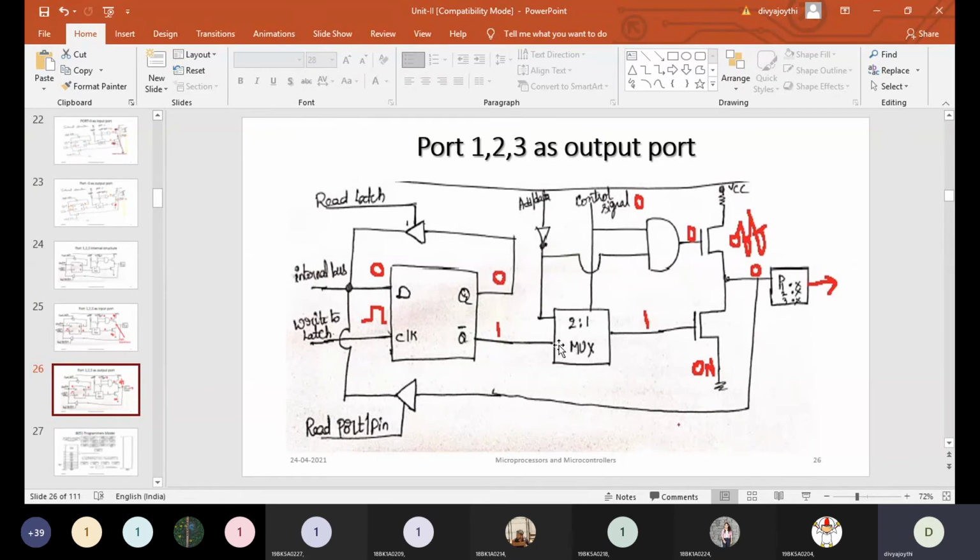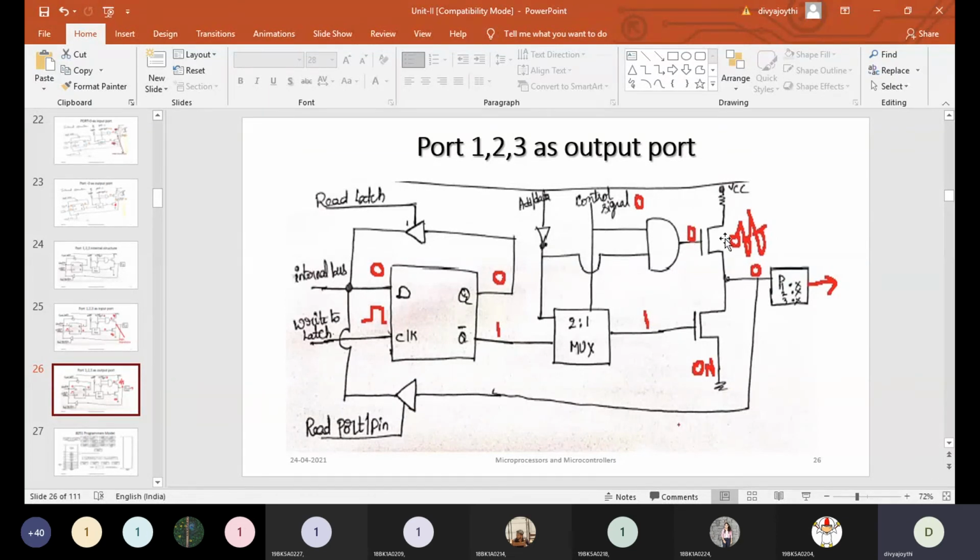So 1 will be given as one of the inputs to the mux and another input is address or data. But we are configuring the multiplexed pins as IO pins by making the control signal 0. When the control signal is 0, those pins cannot act as address or data bus. That means there will be no value. So the mux will carry forward this value as an output. So now this transistor will have a value 1. As one of the inputs to the AND gate is 0, the output of the AND gate is also going to be 0.